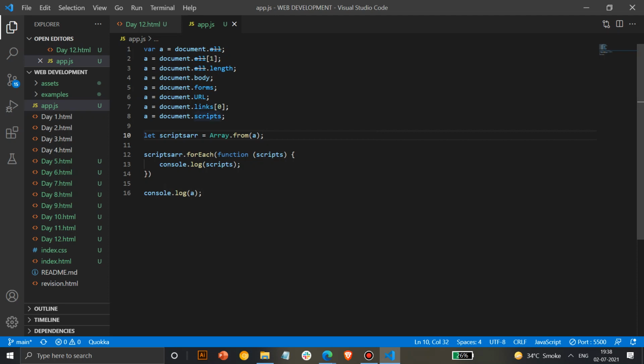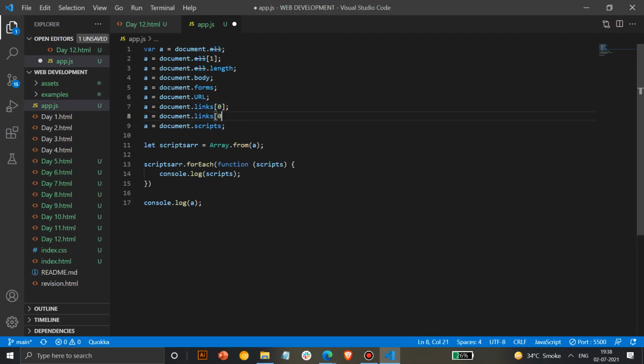Yes. If you want to change this, I'll show you. You can use dot class name. You also have class list, I think class list is there. You can check class list and something like that. You can get IDs, anything, but you have to take it for a specific element.